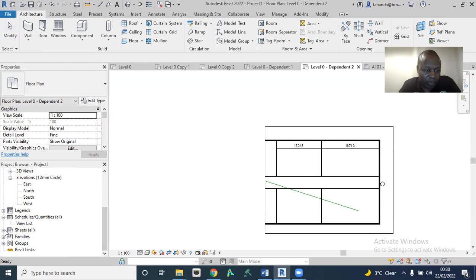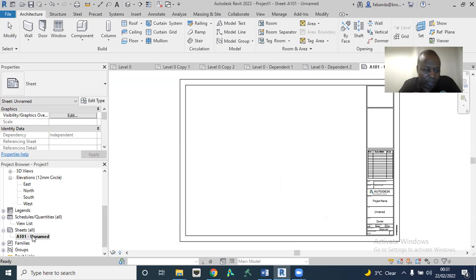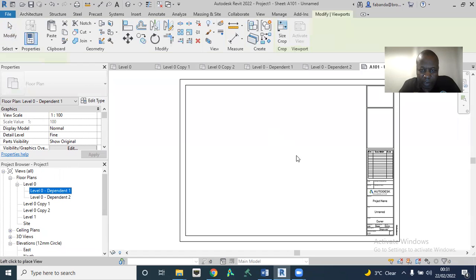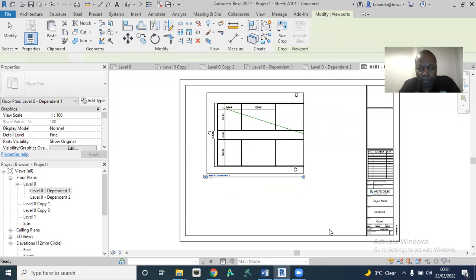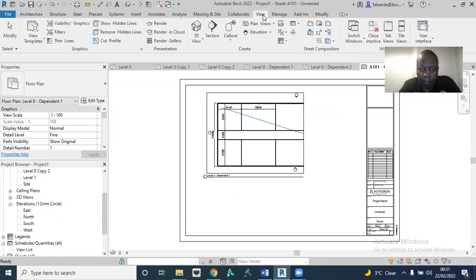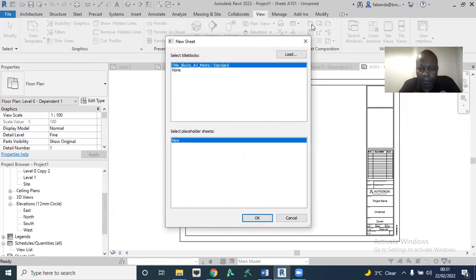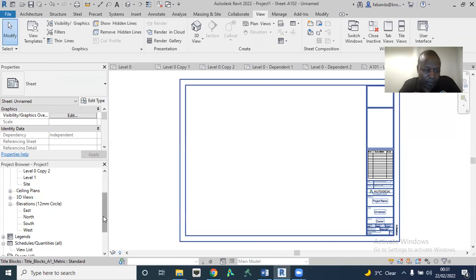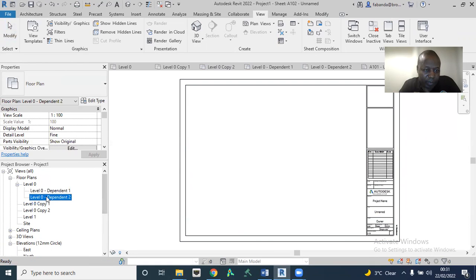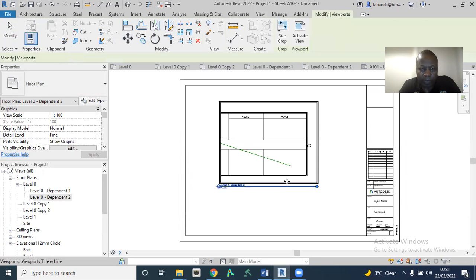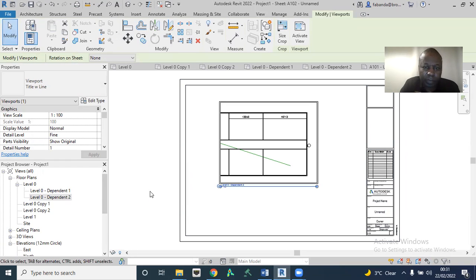Let me go back to my sheet. I can now take dependent 1 and then I put it across. I can create another sheet. When I take dependent 2, I put it across. So you can actually use the